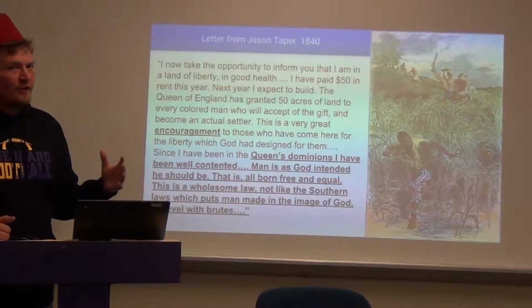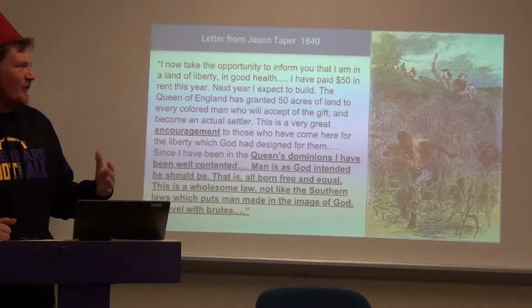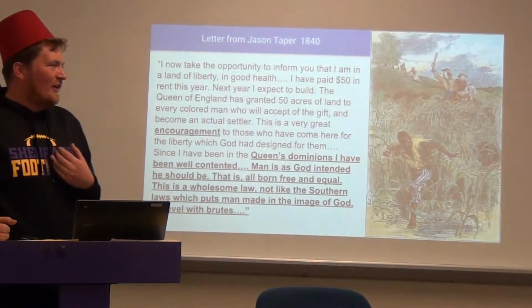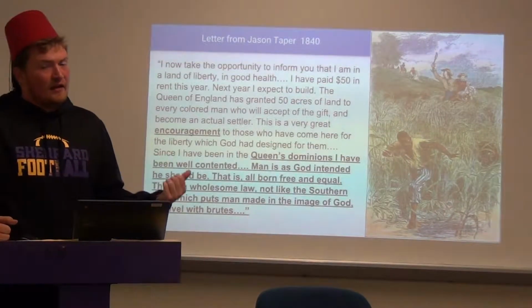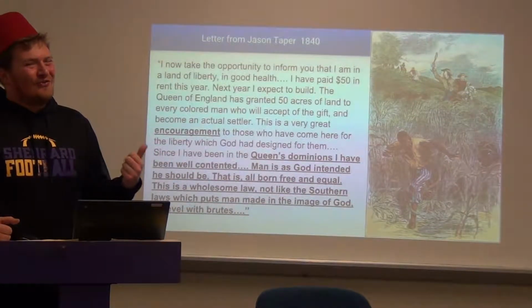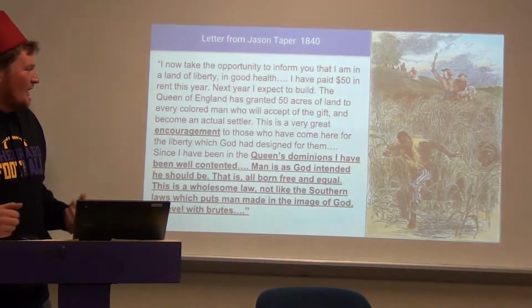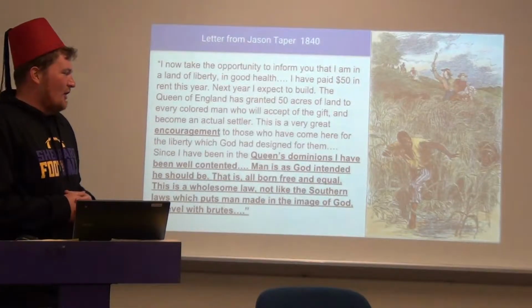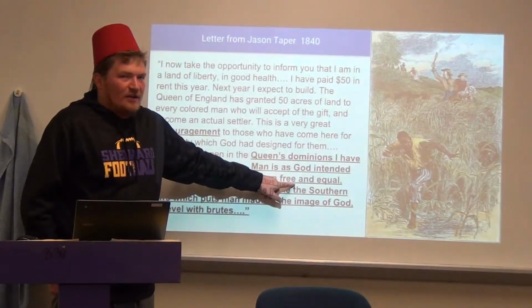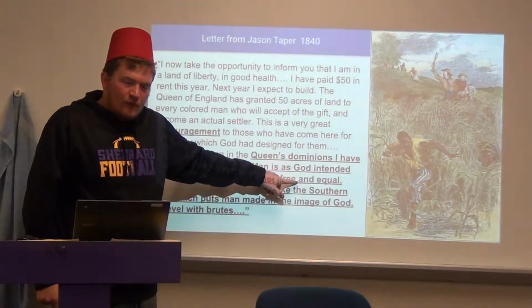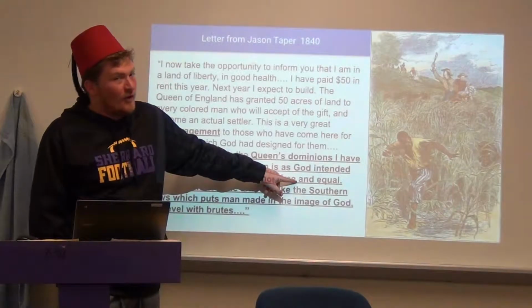Very powerful quote. You may need some context to understand what is going on. John Taper, he's writing this in Canada. He's referring to Queen Victoria of England, which was still in control of Canada. Ironic, where he talks about the land of the free and equal under British rule. So maybe we're seeing hypocrisy here, which we've talked about before.